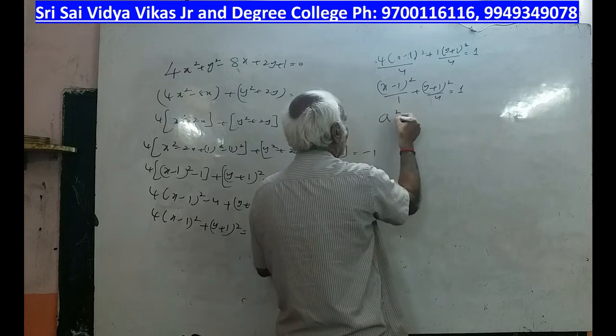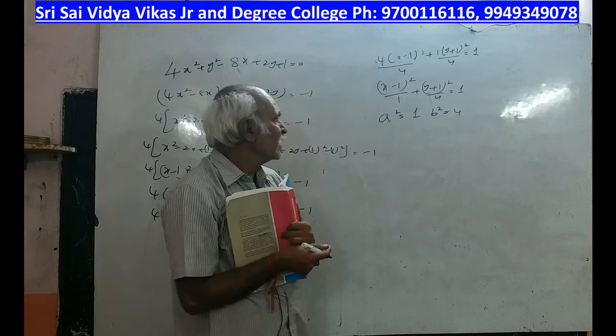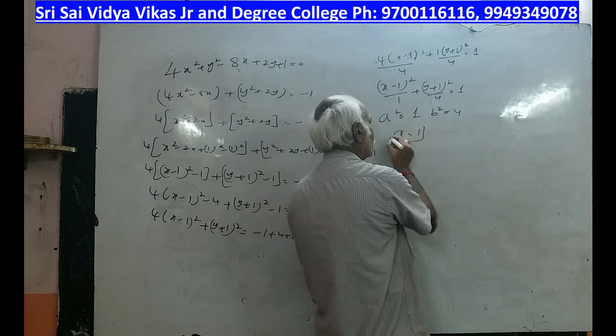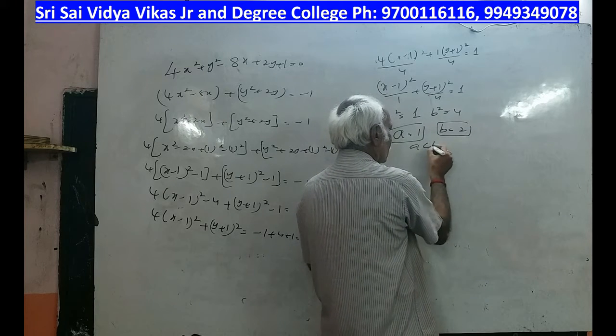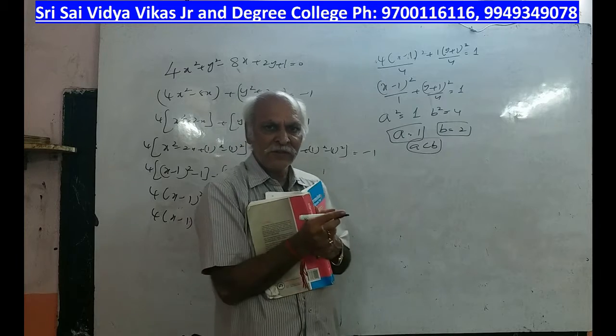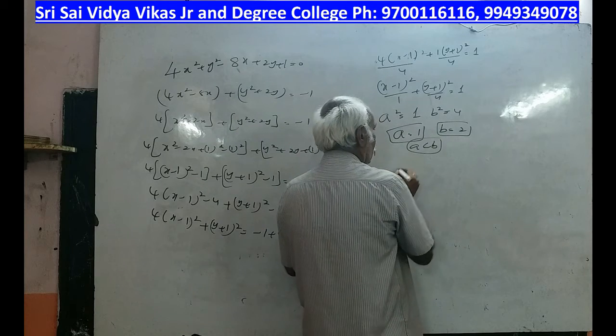So here a² is 1, b² is 4. Now what do we got? a² is equal to 1, b² is equal to 4. So what is the a value? 1. What is the b value? 2. So a is less than b. Every time we have seen a is greater than b, now here a is less than b. So here, now compare